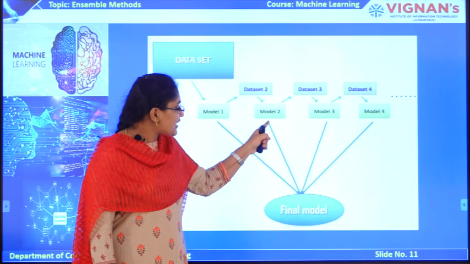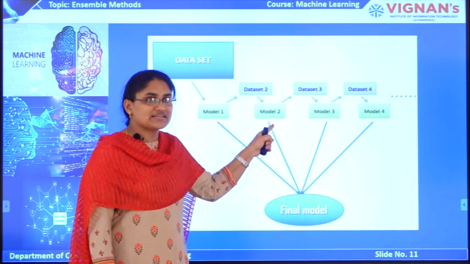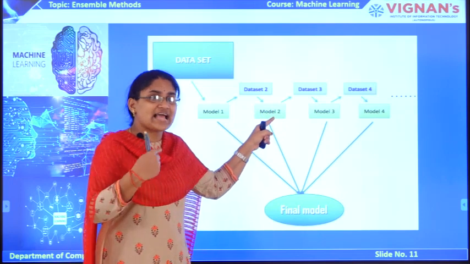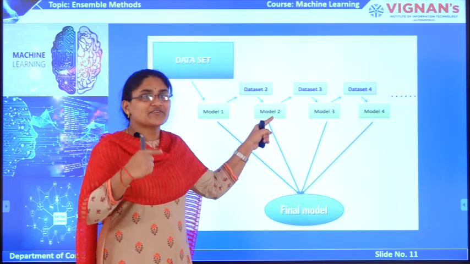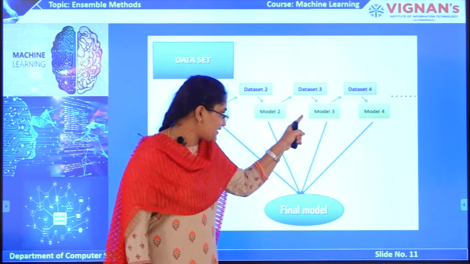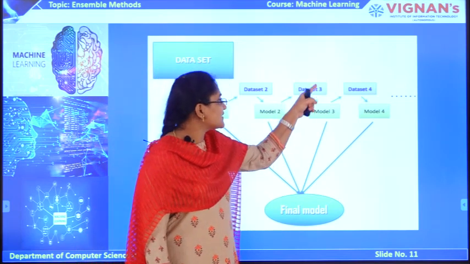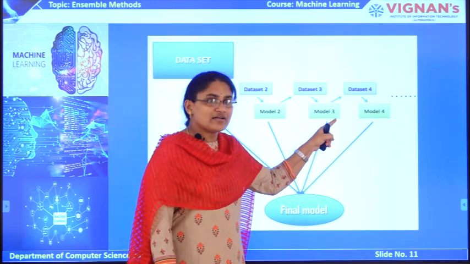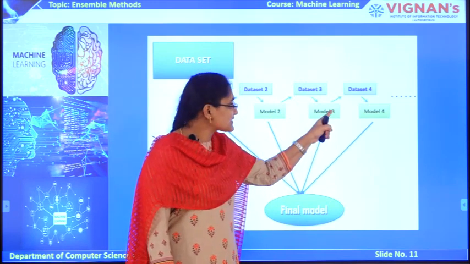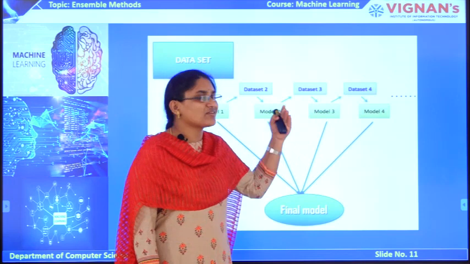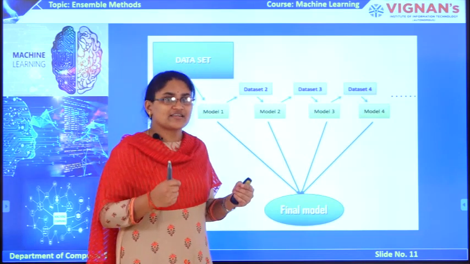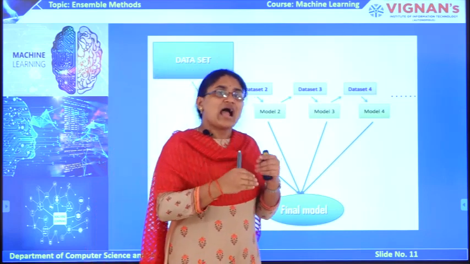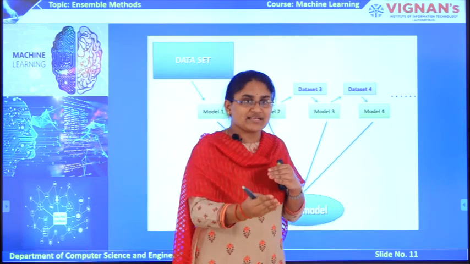Same here also, if we find any misclassified data points, again we assign higher weights to those misclassified data points for rectification in the next base classifier, and then we apply this updated data set on the next model. If we find any misclassified observations in this one, again we give higher priority to those misclassified data points, update the data set, and apply that data set to the next base classifier.